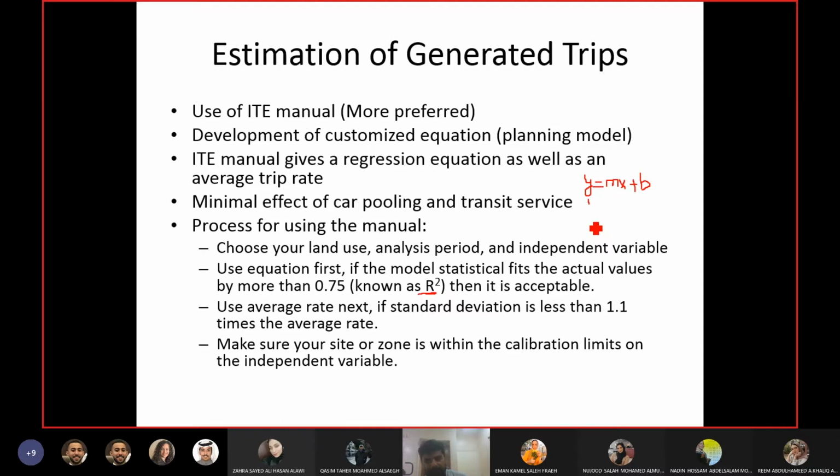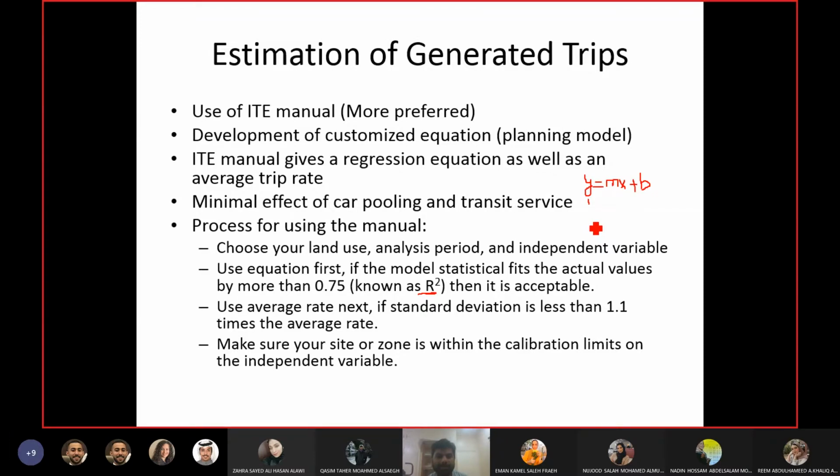If the number of trips from the equation are exactly following the same trend, so when it increases by 1 unit, the actual number of trips are also increasing by 1 unit, that is a 1-to-1 correspondence, and R square, the coefficient of determination, will be 1. And when this similarity is decreasing, the R square value is decreasing. Obviously the model or the equation cannot represent completely the actual trend. It will just give you a closeness of the actual trend.